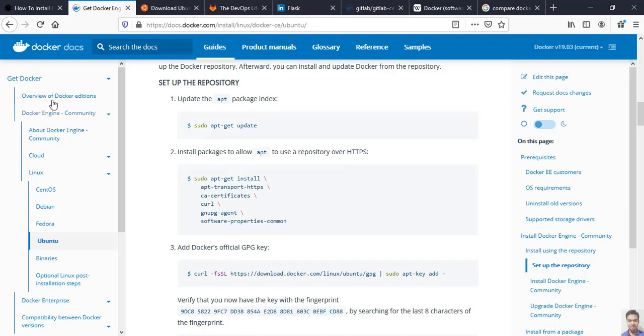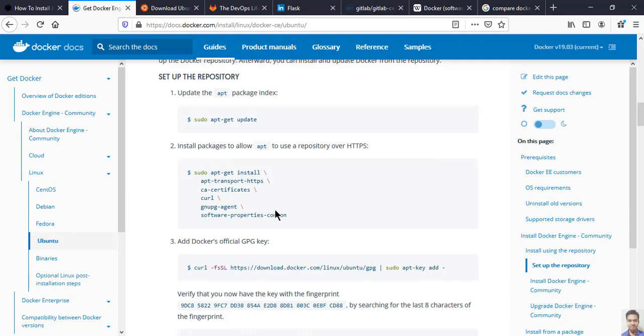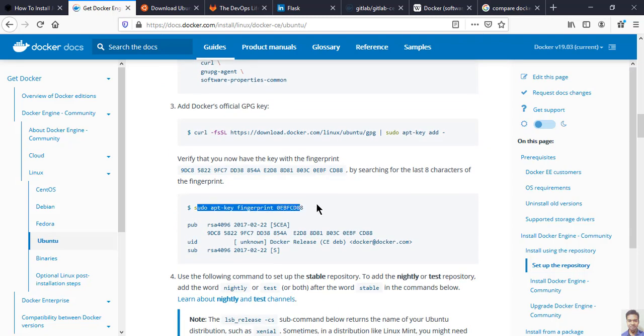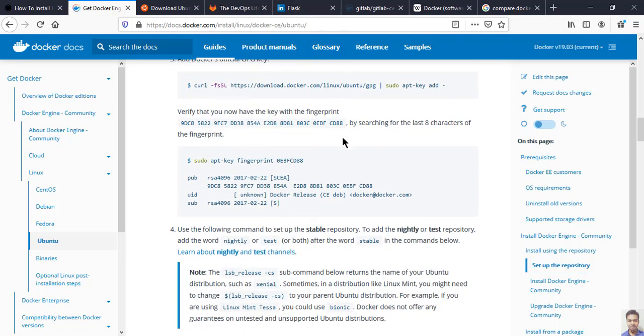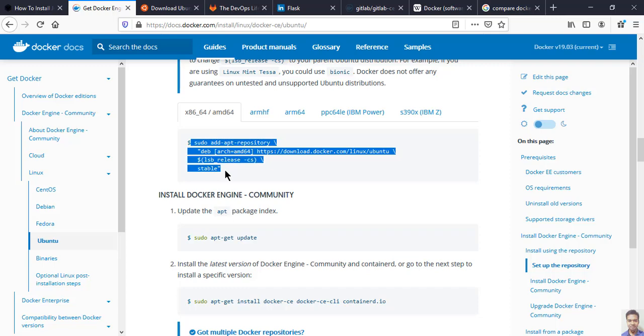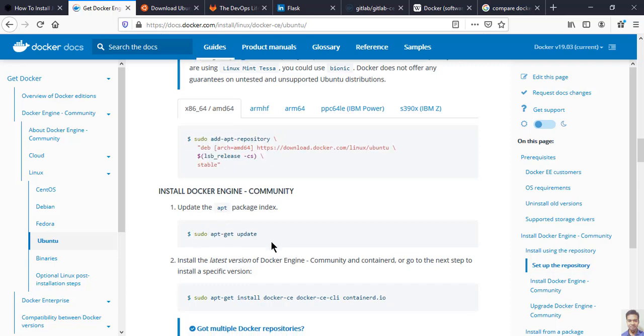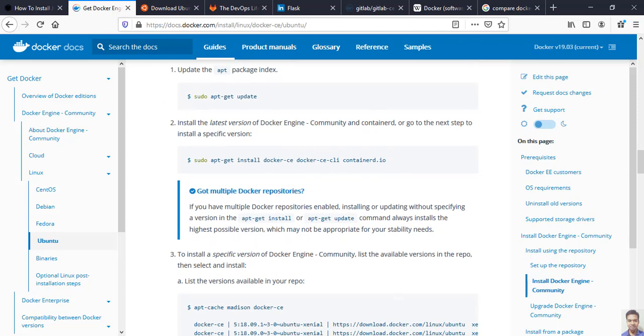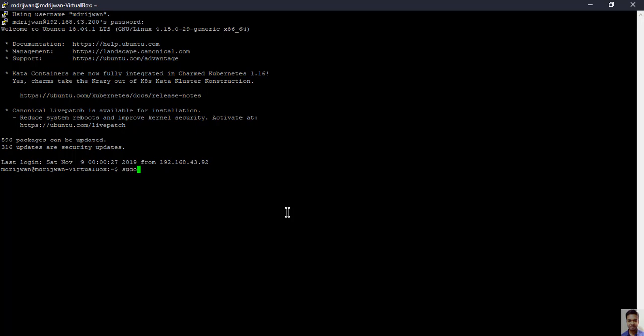For this, go to the Docker docs in the Ubuntu section, depending upon whatever operating system you are using, and after that the curl command, and after that this command. These are all the steps that will give you the recent, updated version of Docker. Then you have to fire this command, and after that apt update, and finally Docker community edition. Since I have already downloaded it, I will tell you what images I have on my